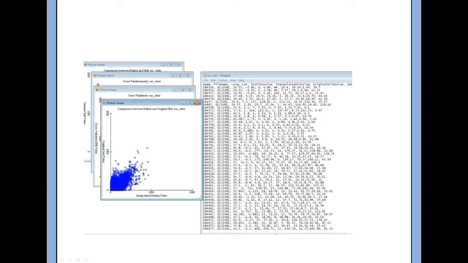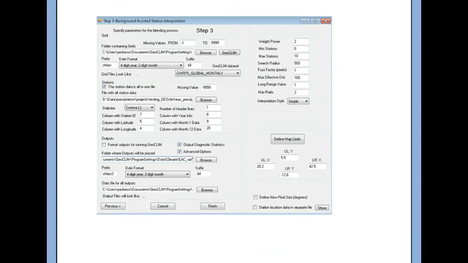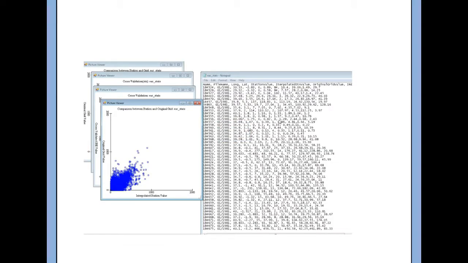So at the end, it gives a series of graphs of scatter plots and the CSV file that we created in the form. You remember here in the output diagnostic statistics that we checked, and we gave it a name. So it produced that file that is this one right here to the right. This file contains all the records of the process for the station value. So it takes the station value, it takes for the same point where there are stations, it takes the value